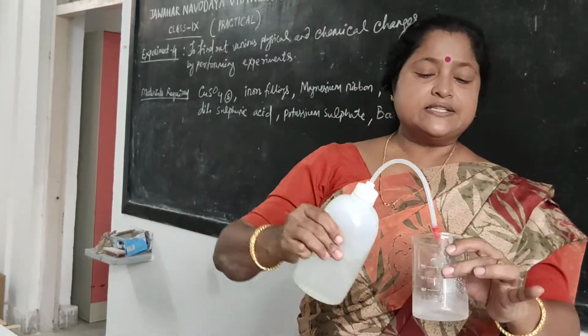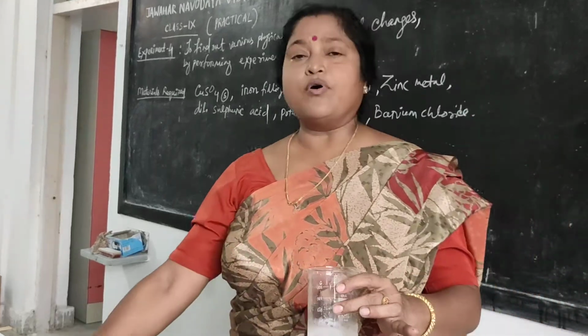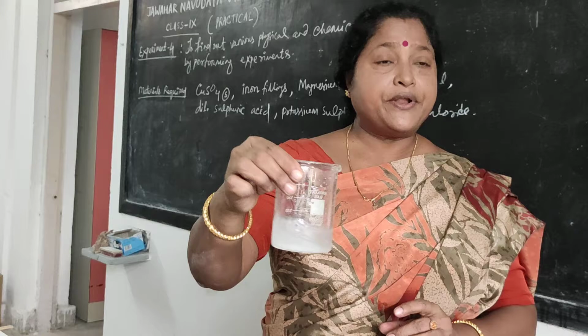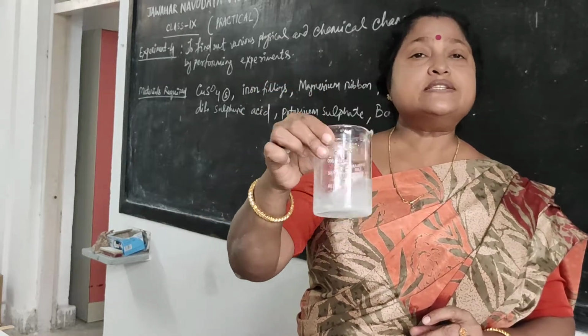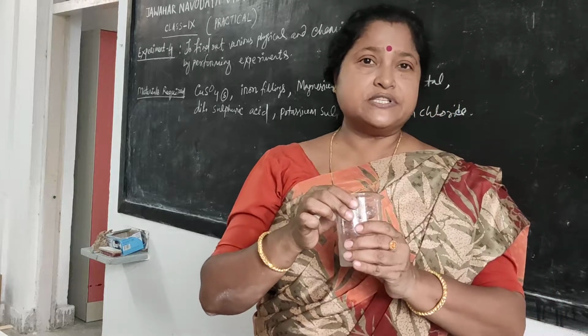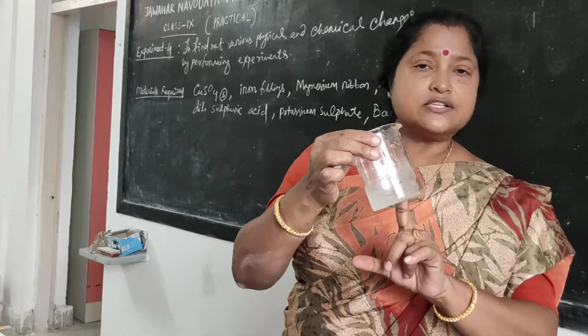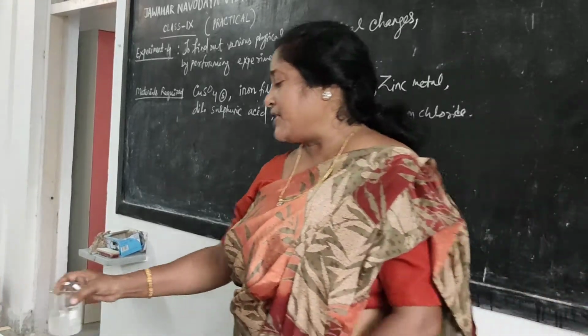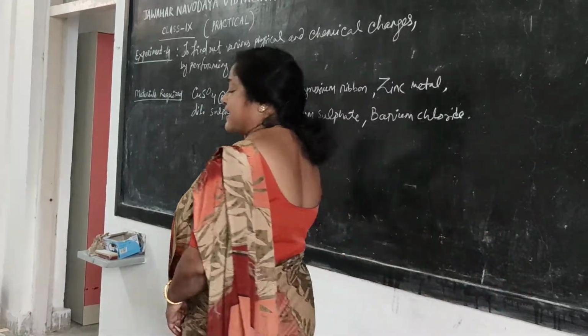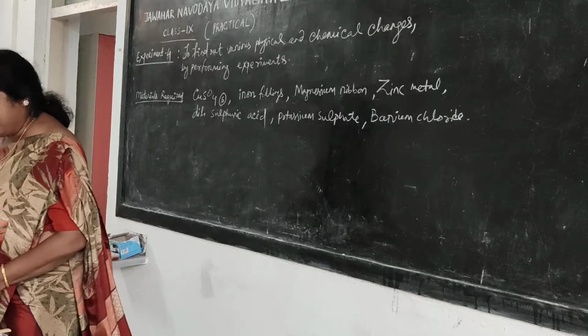In the physical change, no new compound is formed, only a phase change, such as solubility or vaporization, or solid changes to liquid, ice changes to water. These are coming under the physical changes. So when I am making a solution, it is a physical change. But I will be teaching you so many chemical changes here. What are the chemical changes listed in your practical book?